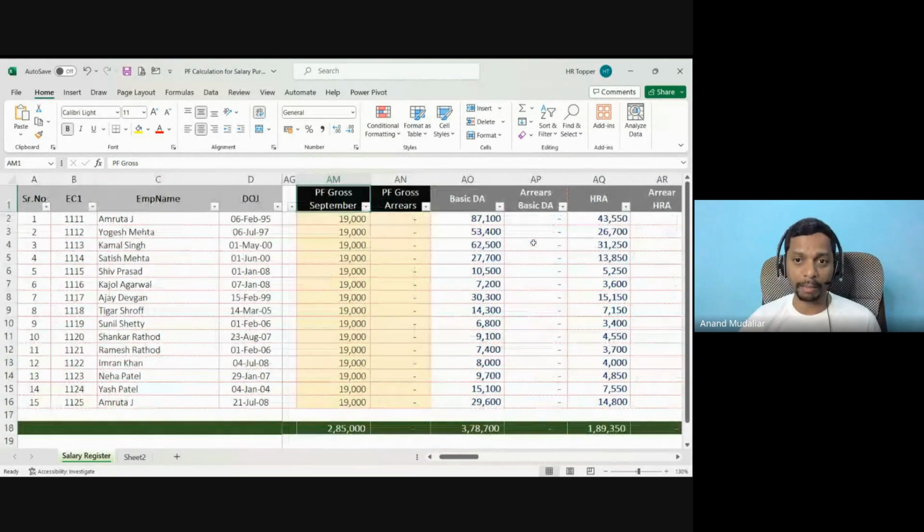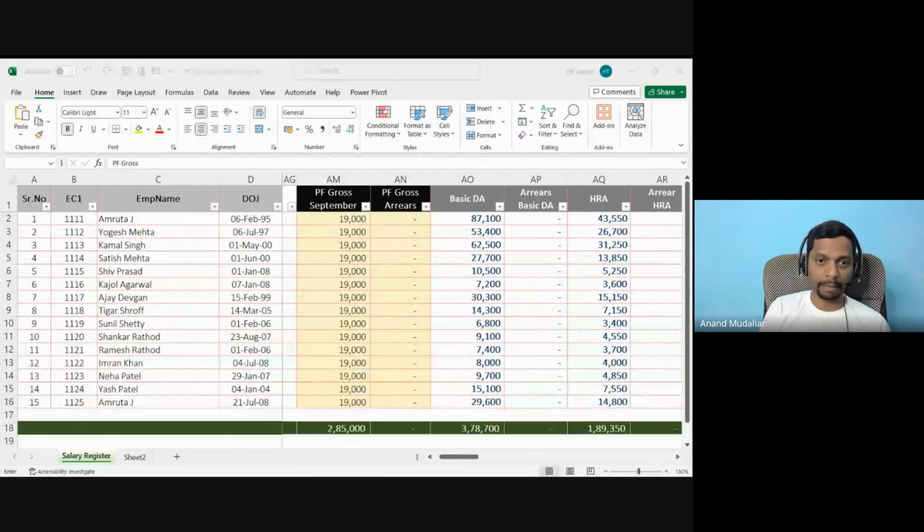Now see this example. I'll put one more example like this so that you will come to know. Let's say basic, HRA, special, conveyance, and travel allowance. Just an example I'm telling. So I'm just writing six amounts. This is total. Now when we calculate PF, what we have to calculate is equal to this plus this plus this plus